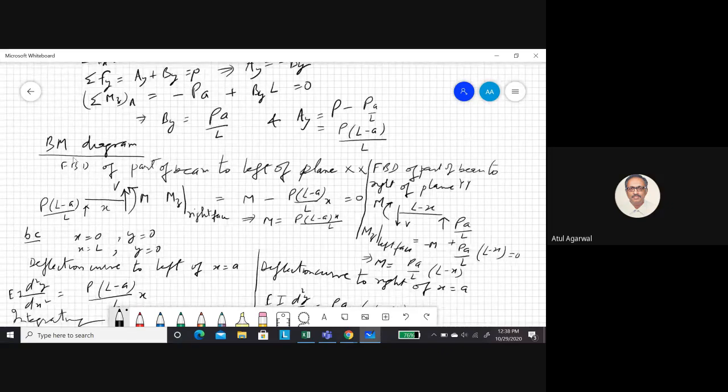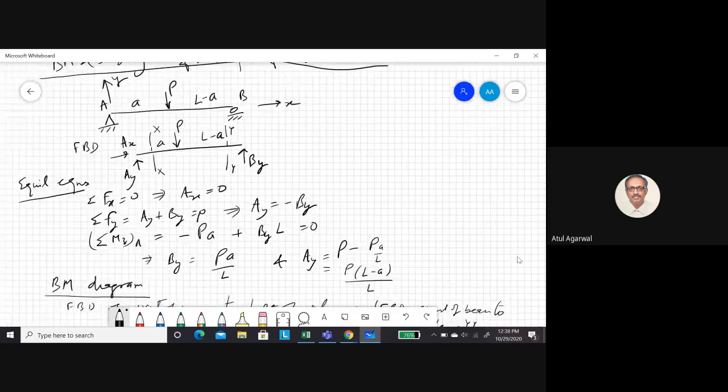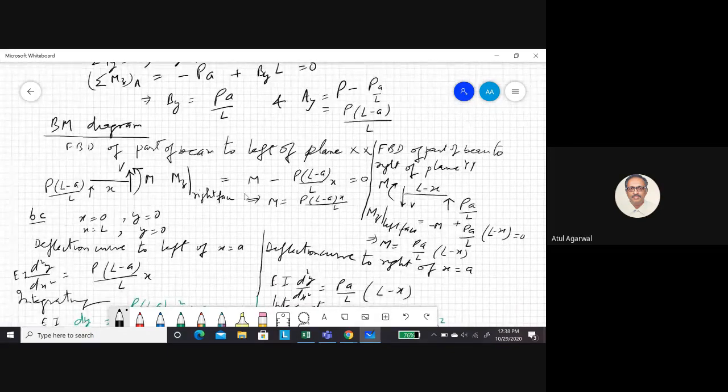Now we draw the bending moment diagram. So we draw a free body diagram, taking a section like this, of this half. Similarly, we take a section like this and draw the free body diagram of the right half. No issue. This way we cover this part of the beam as well as this part of the beam. So you get the bending moment at the right face, and similarly the bending moment at this face. So these values are there.